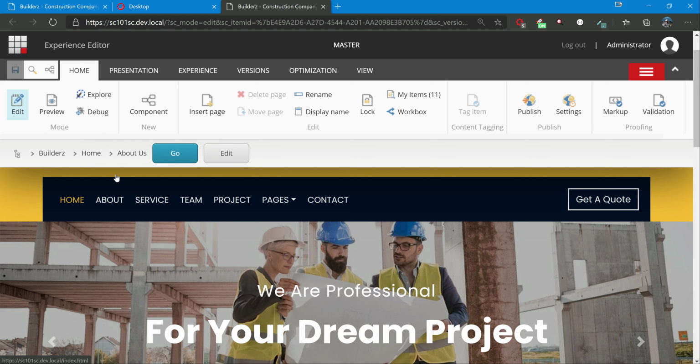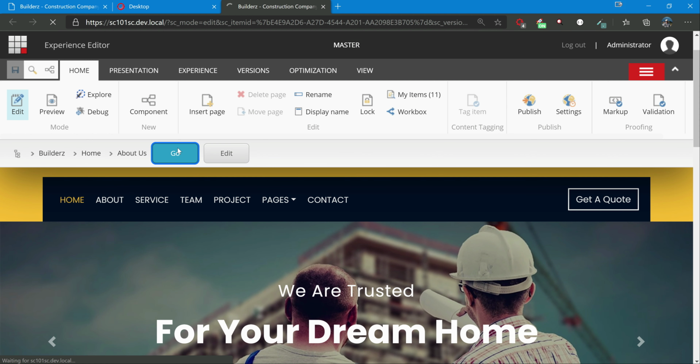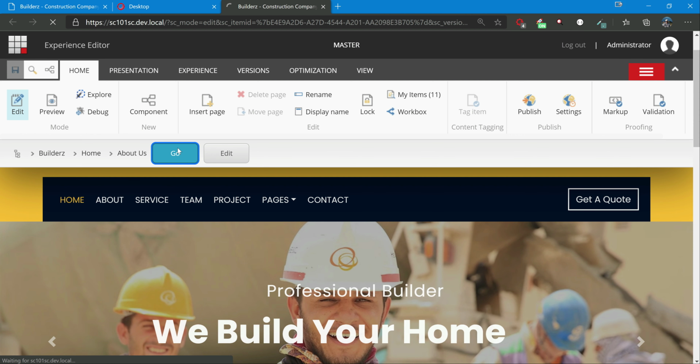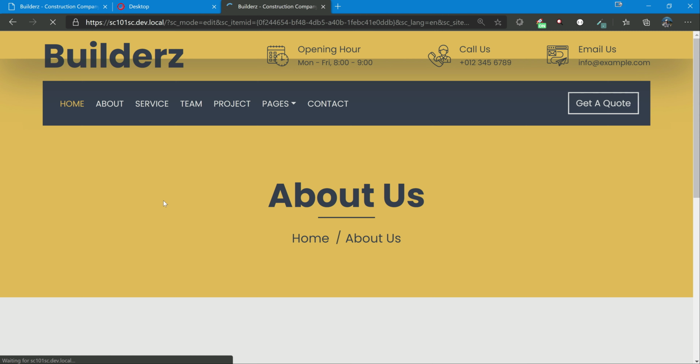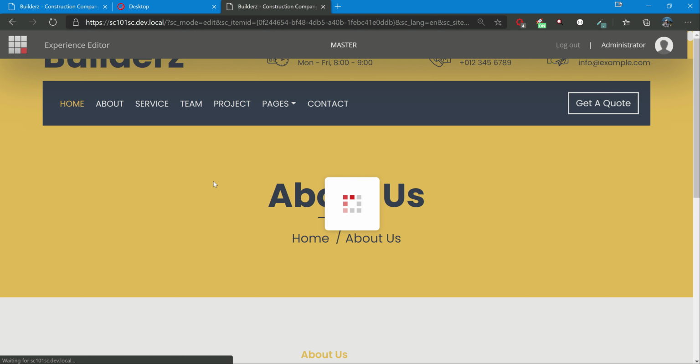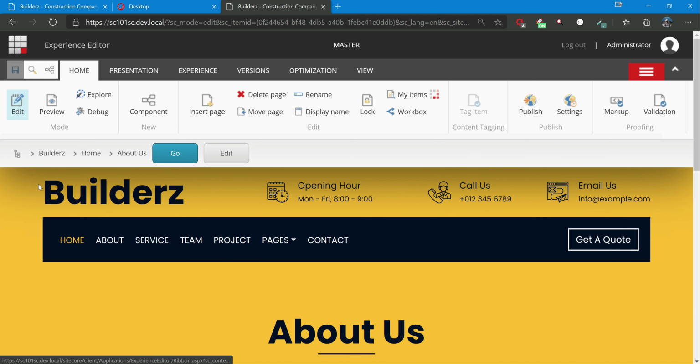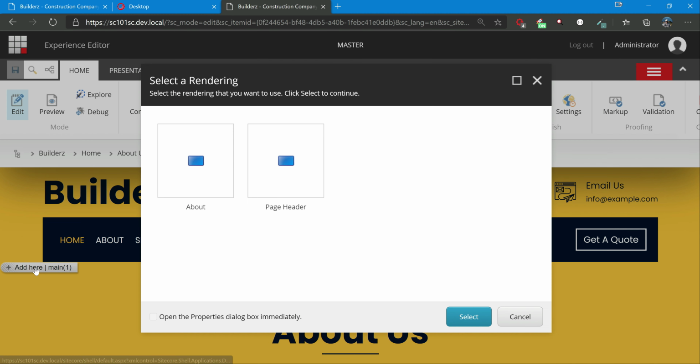Our layout is the same, and the main placeholder is in the layout, so it is present on all the pages. So let's open about us, and here let's again enable the component, and here also. So same.